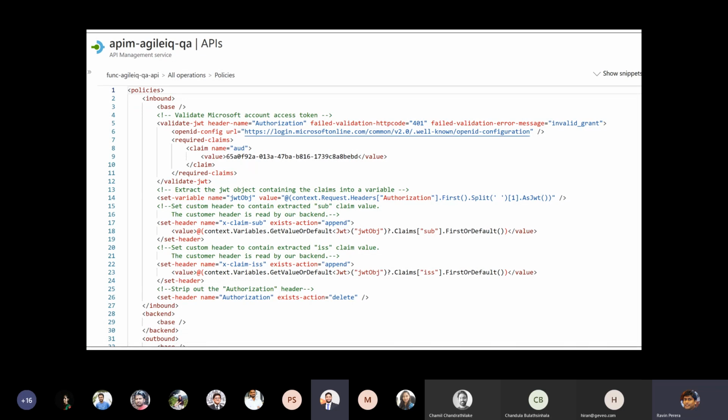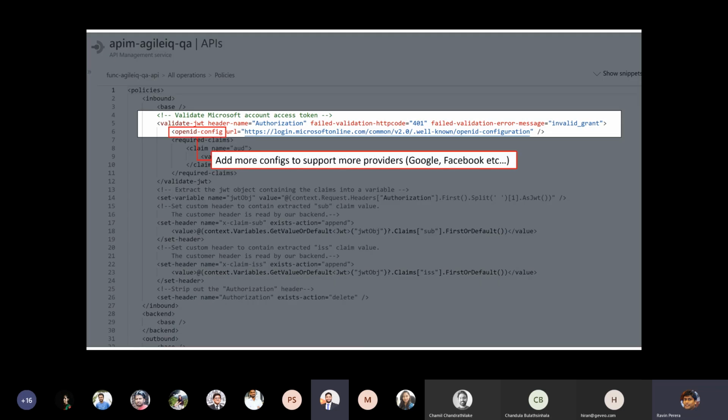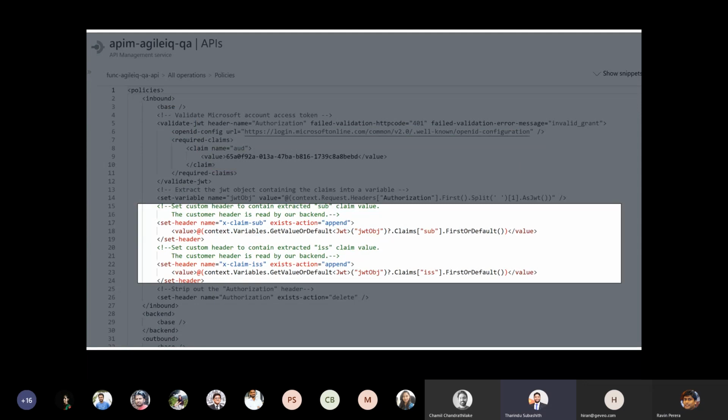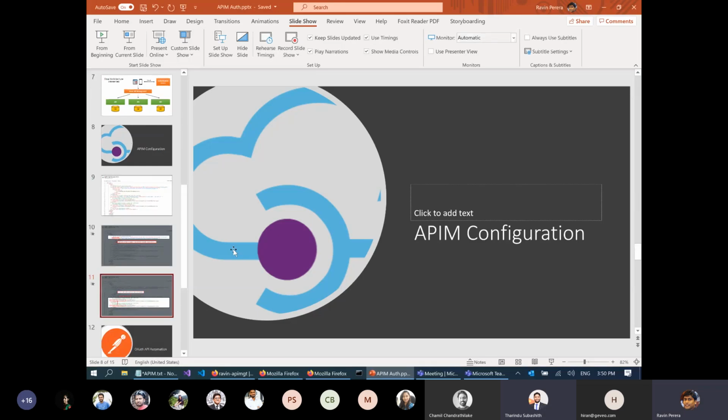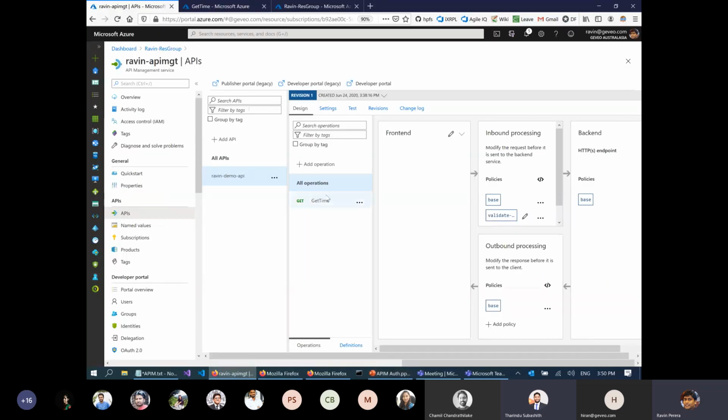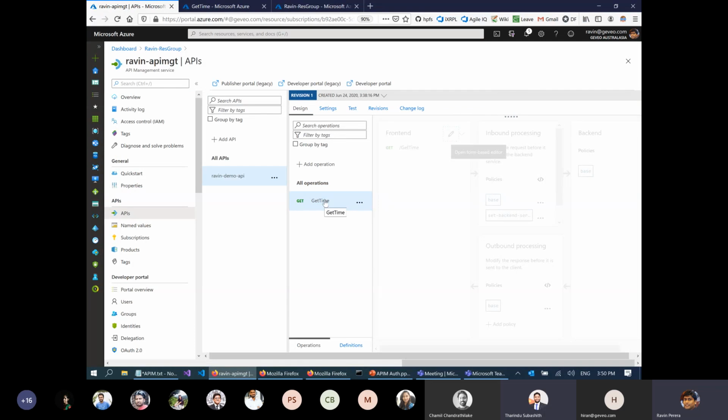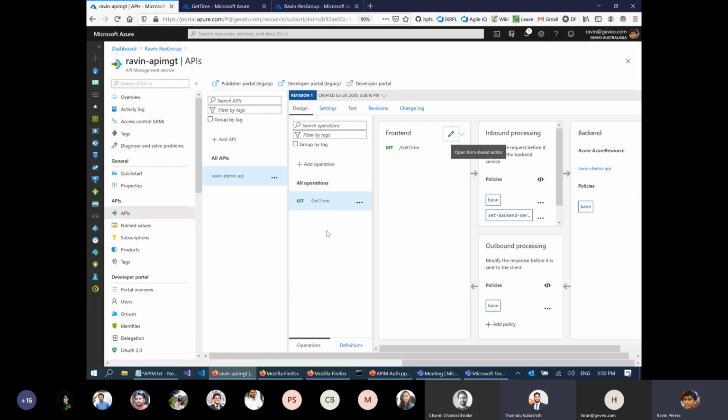Ravi, can't you put individual policies for individual APIs, basically? We can. Now you can go to the extreme also. You could deploy individual policies for each method. Let's say there are 10 methods, you can put 10 policies for 10 methods if you wanted.